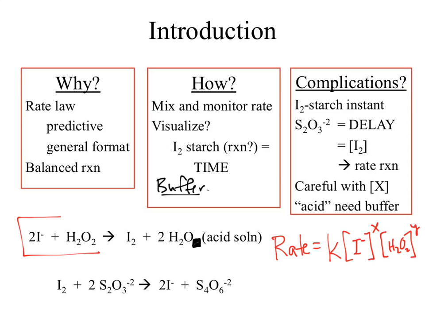What's the problem with that? To determine a rate, we need two things. We need concentration and we need time. This reaction actually happens relatively quickly, which means pretty much as soon as we mix them, we get iodine, which means as soon as we mix them, we get blue. How fast are your reflexes? Okay, not very good. Hitting start and stop, we're now adding an extra feature, an extra problem